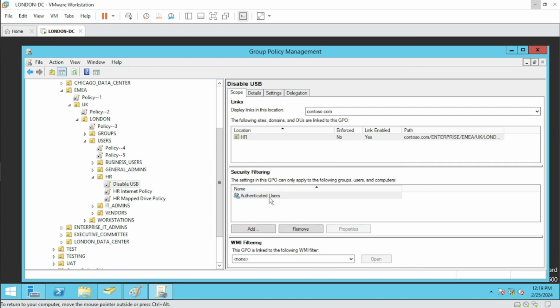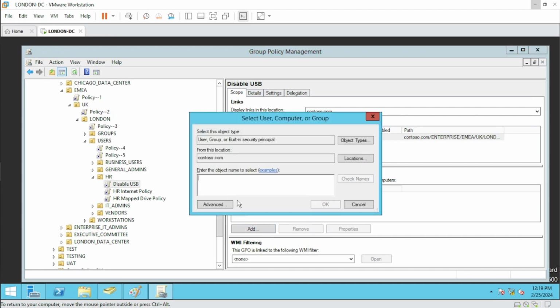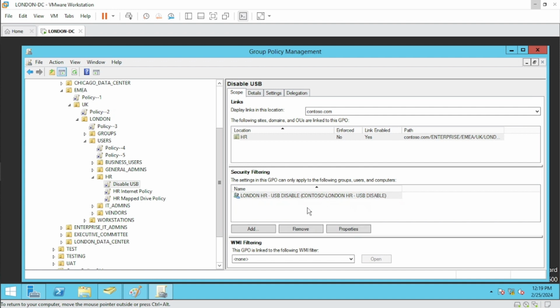Now the last step is to remove authenticated users and replace it with the newly created group. So it's a very simple task. Highlight authenticated users, remove it, click OK, add, just add the group London HR USB disable, and here we go. So we have filtered out this particular group, and if you see over here,